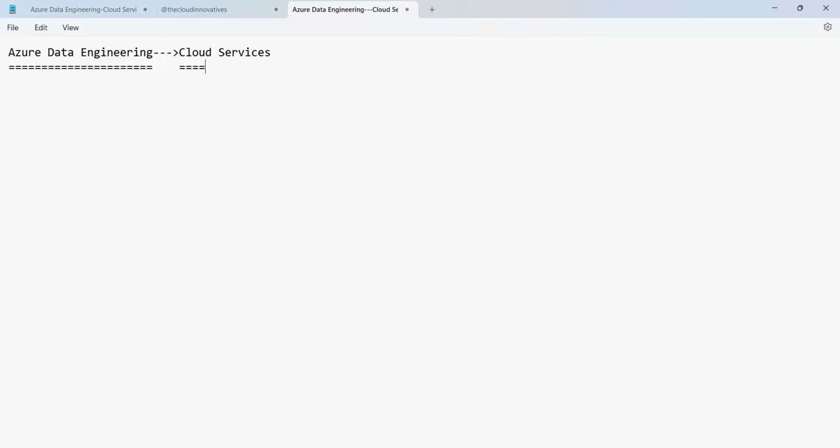It is used to perform the following jobs. The first one, guys, is the data migration job, then you have the data integration job,